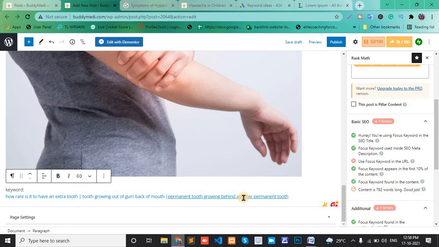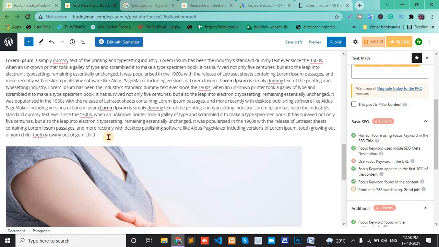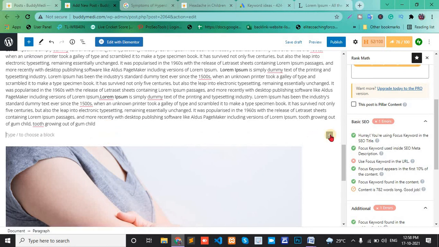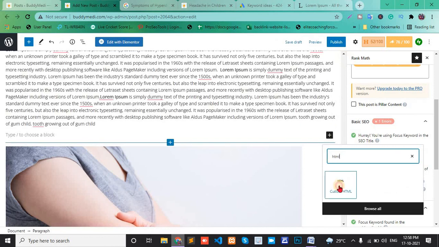Next is hidden keyword. When the Google search engine analyzes your website, it will add that keyword to your website in hidden form. For example, HTML.